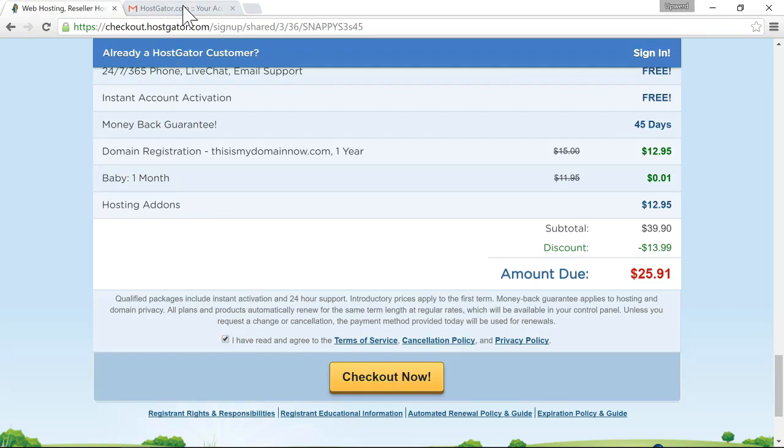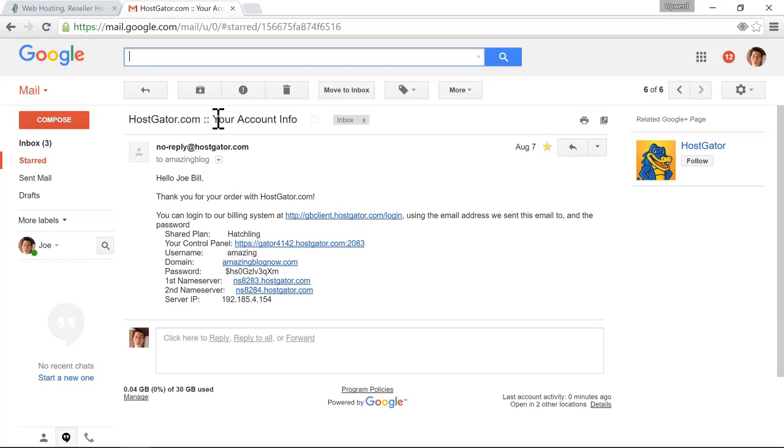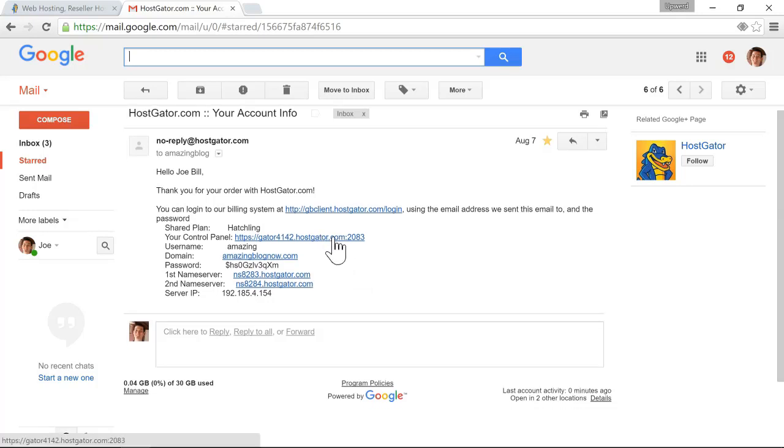If you go to your email, you should get an email that says your account info. In that email, it will have some important things. So one of those things is your control panel URL. That is where you're going to need to install WordPress, assuming you're going to install WordPress. So you would click on that URL to go there. So let me just show you. So click on this URL,